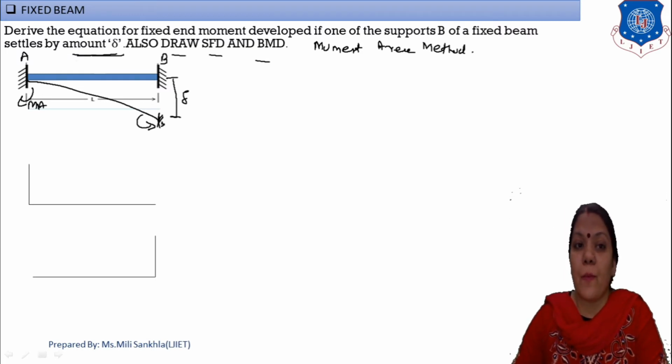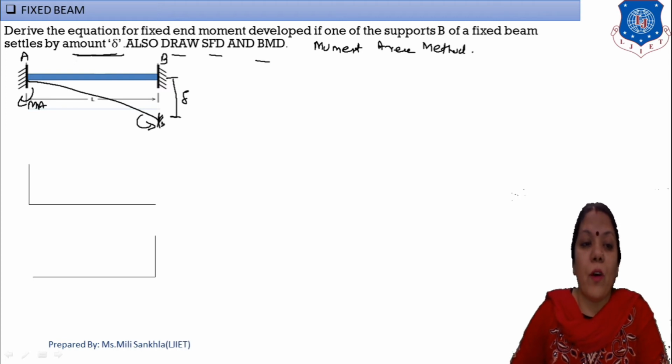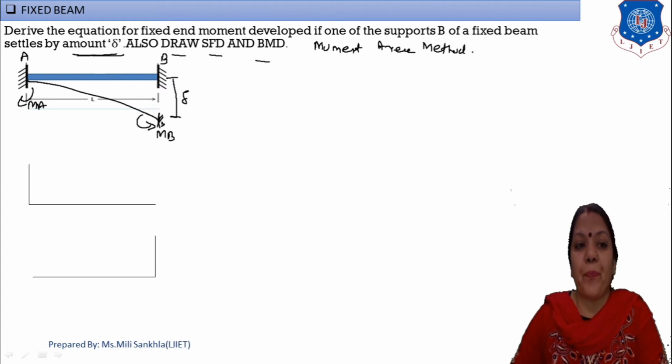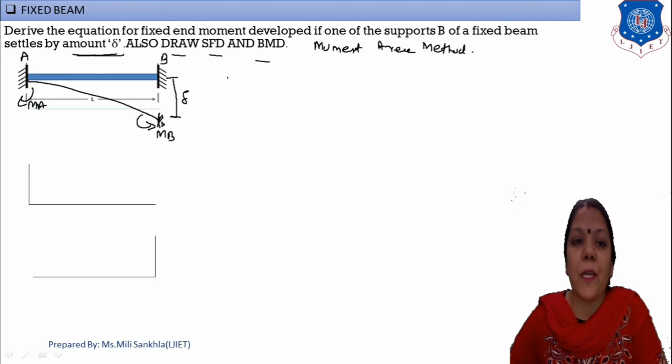Now this is point A and this is point B. One by one, this is our moment at B and this is our moment at A. Now draw the two diagrams separately. This is support A on the left hand side, and this moment is left side clockwise. Now what does the sign convention say?